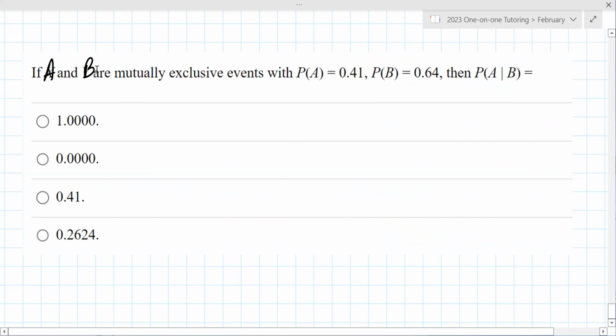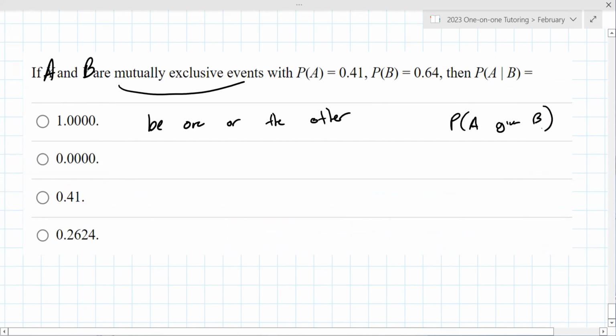Probability of A 0.41, probability of B 0.64. So if they're mutually exclusive, that means you can be one or the other. So this idea of the probability of A given B is no good here,